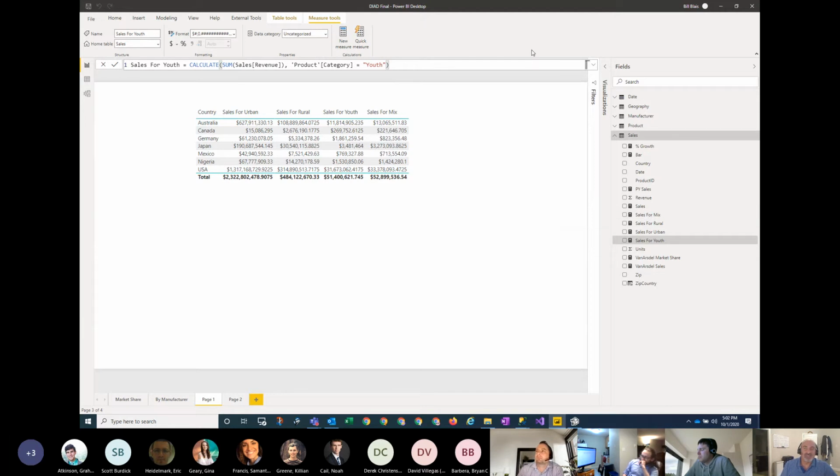Someday in the future, a new measure gets created. Now this one's pretty basic, but go with me. Let's say a new measure gets created that is this sum of sales revenue. So in a good model, I would actually change this measure. I would come back to each of these measures and say, don't recalculate sum of sales revenue, calculate the measure that is sales, which is this here. If you look at sales, it's sum of sales revenue. So anytime I want to do a filtered sales, I should use that sales measure.